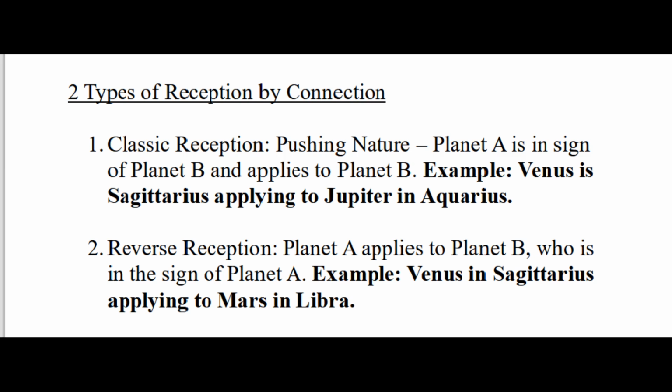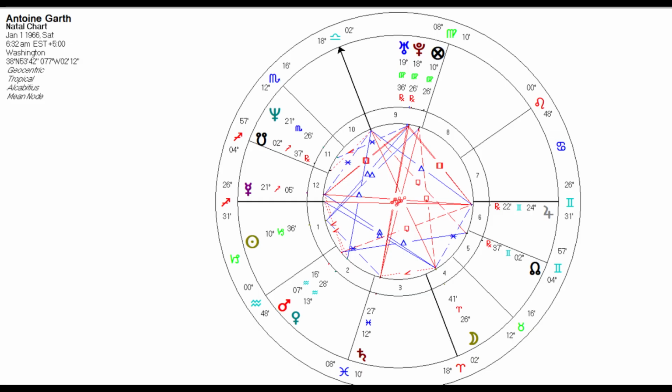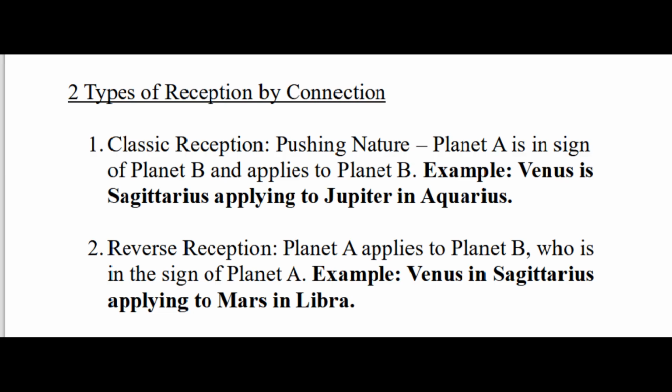Okay, so the classic reception is called pushing nature. That's when planet A, and I'm going to use my chart as an example, my sun is in Capricorn. Planet A is in the sign of planet B. Capricorn is ruled by Saturn, so Saturn would be my planet B. My sun is at 10 degrees of Capricorn. My Saturn is at 12 degrees of Pisces. My sun is applying to Saturn and thus pushing nature. My sun is thus pushing his nature onto Saturn. So that is a classic reception when planet A is in the sign of planet B and is applying to